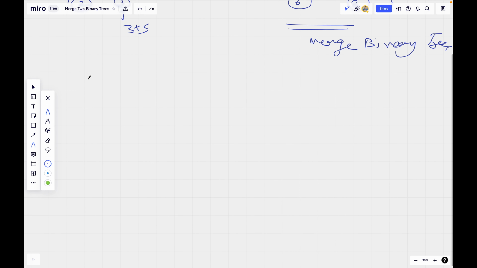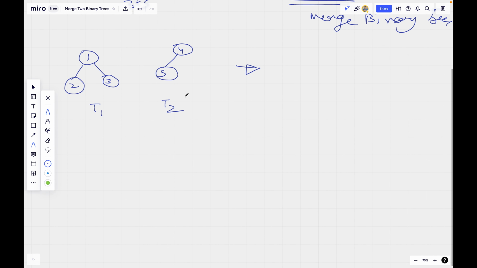So consider another example. We have two binary trees T1 and T2. Now we will be merging T2 into T1. So we start from here. We will be updating this node's value to 1 plus 4. Moving leftwards, we are here. We will be updating this node's value to 7, 5 plus 2, 7. Now we are here. Now this node in T2 is null, but here in T1 it is not null, right? So we will consider this value as 0 and we will simply keep this node as it is, right? So this is the merged binary tree for this particular example.